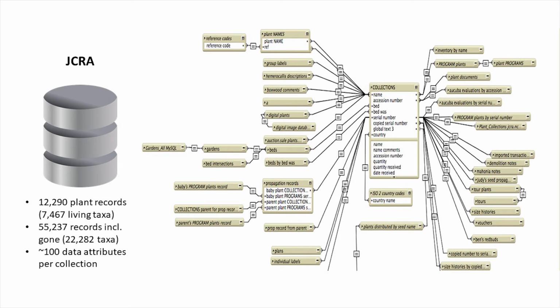All these data records have these attributes, and I'm showing you in this graph all the different tables we have linked up to our collections. And this collections table itself has up to 100 different columns in it. So there are plenty of stories you can tell sitting right there. You don't have to do more experiments or spend more money when it's sitting right in front of you.